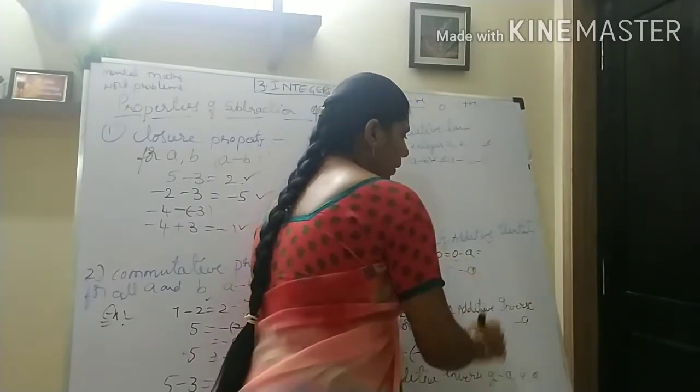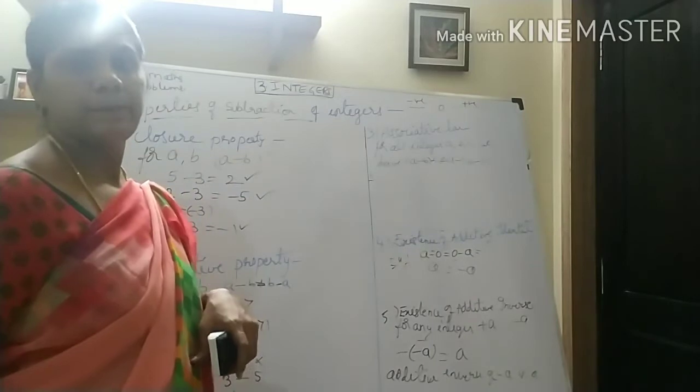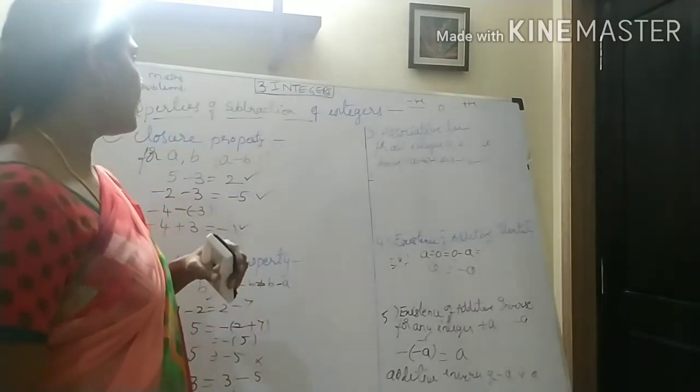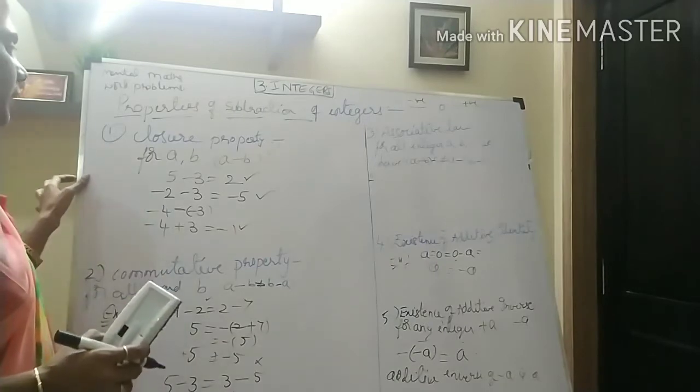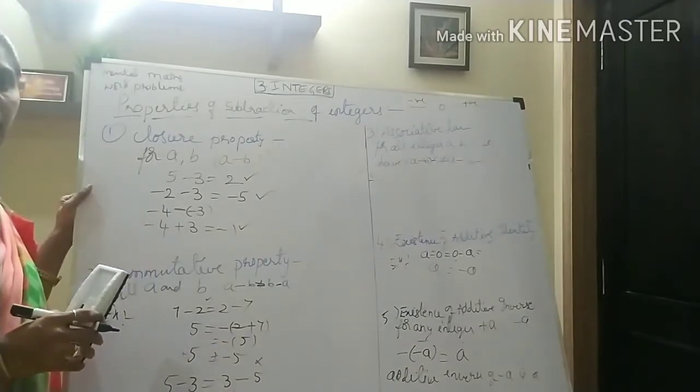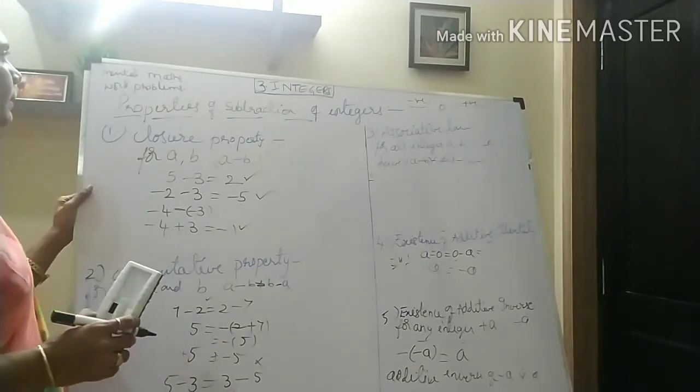And here you get minus a. Okay, understood these properties? So clearly study all these properties and understand this one. Okay, in the next class we will see